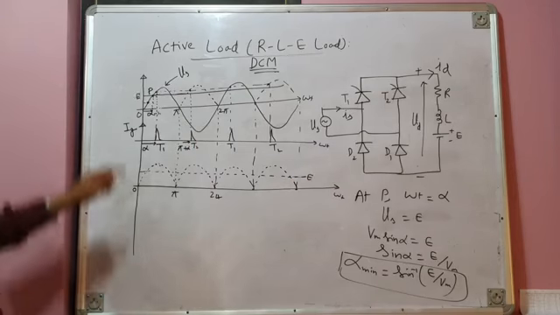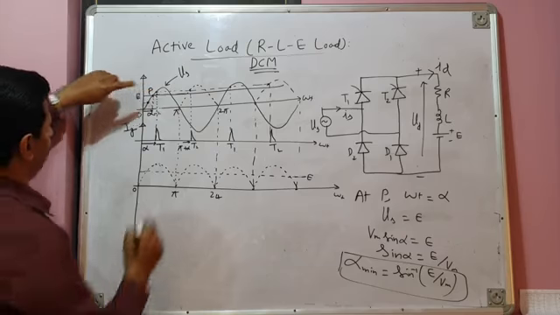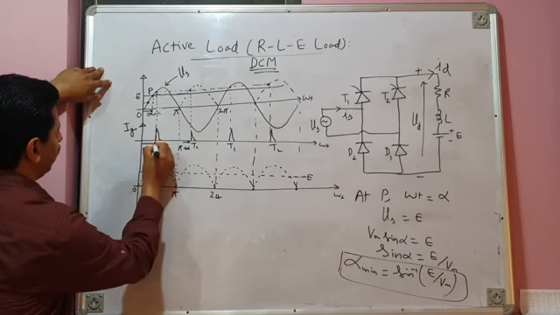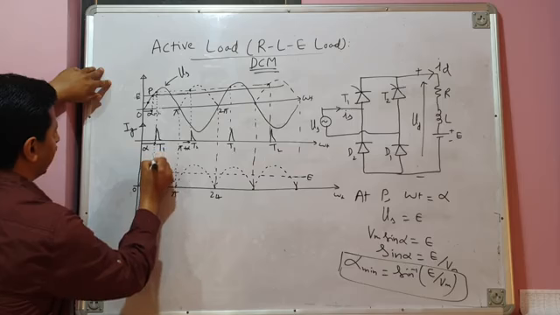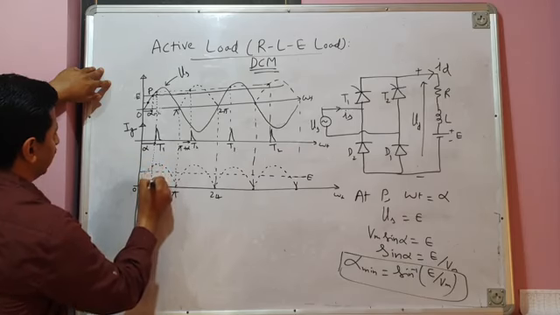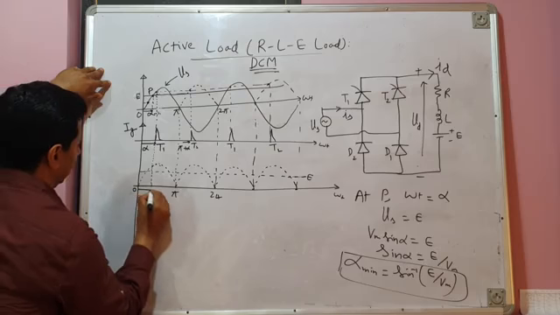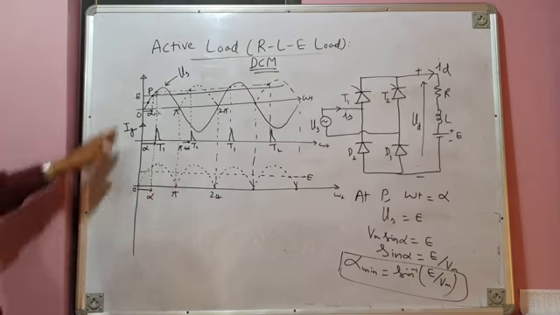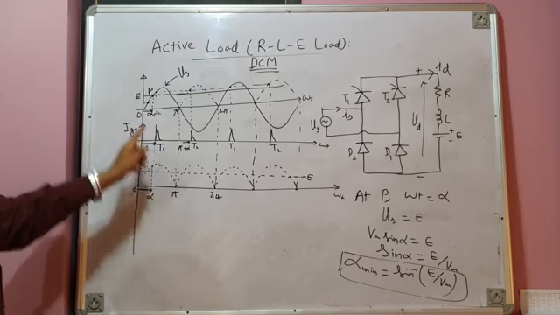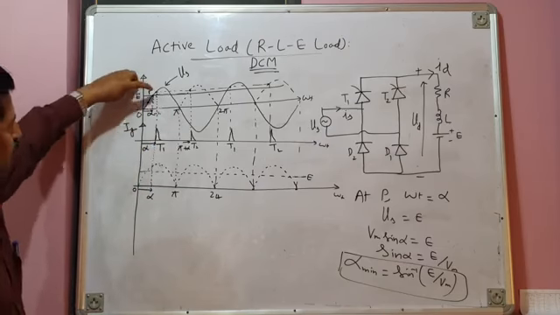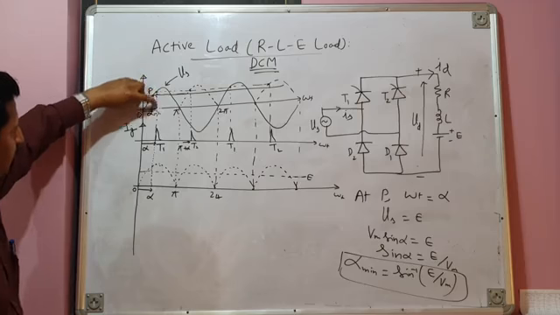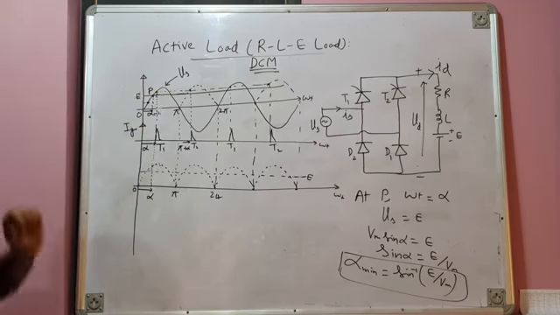Okay, fine. Where is the first firing instant? First firing instant is here. So your first firing pulse gets applied to the thyristor somewhere here. So this is the delay of alpha. So after a delay of alpha degrees, during the positive half cycle of source voltage, at this point, thyristor T1 is fired.